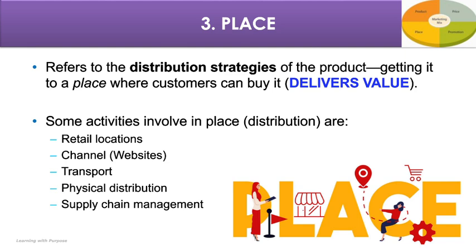How will we do that? We will need to decide many things here, like will we have retail locations, what will be the channels, will we have websites, will we have a way to be contacted by phone, maybe we will do phone sales. How will we transport these things? We will need to transport over the sea, we will need to use planes, we will need to use trucks. What will we use? We will use Uber delivery. We will need to decide all those things.